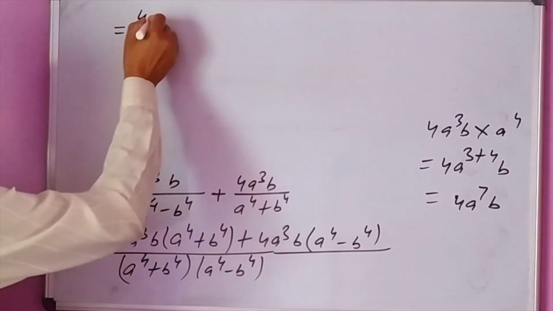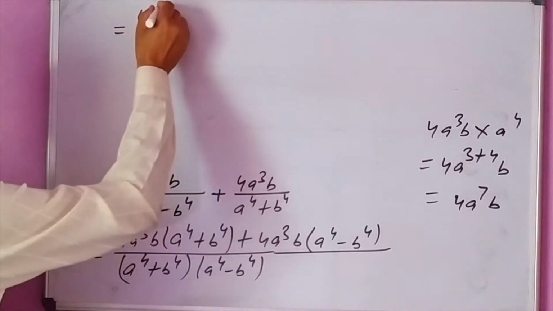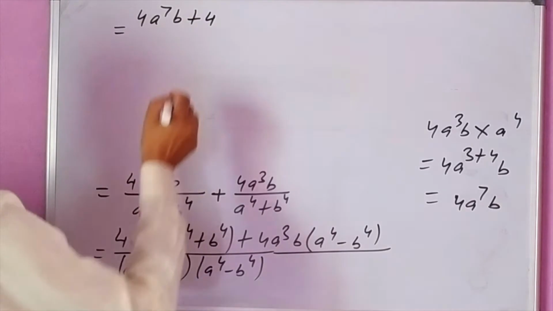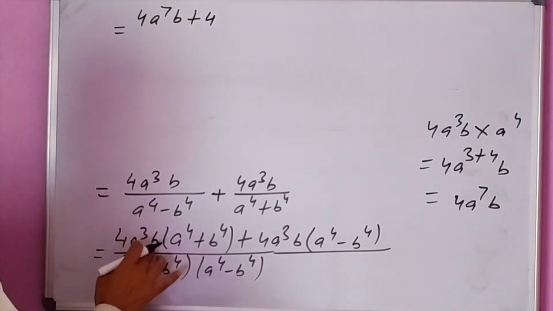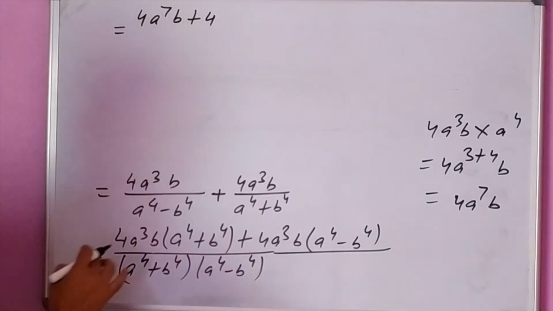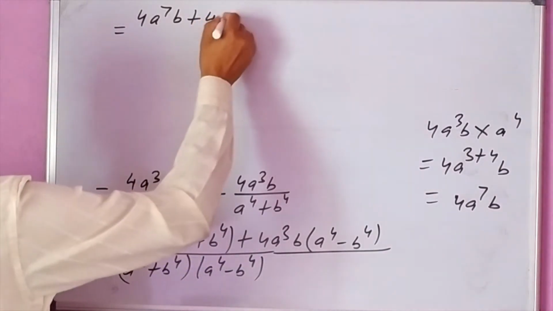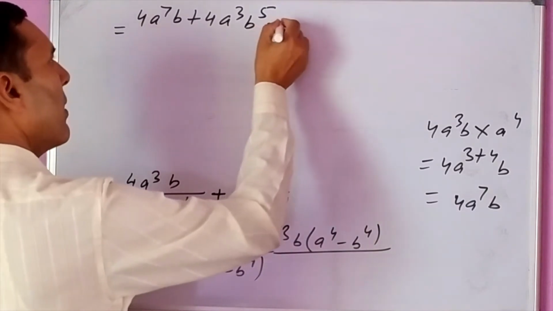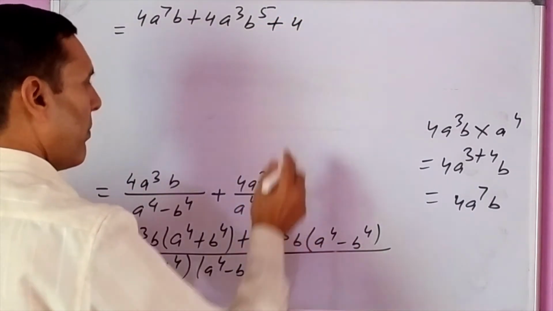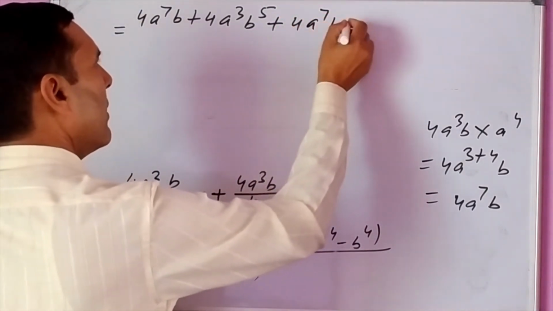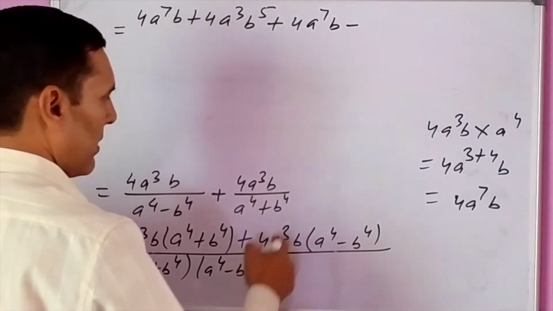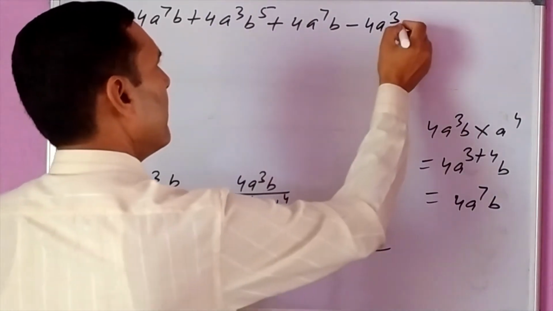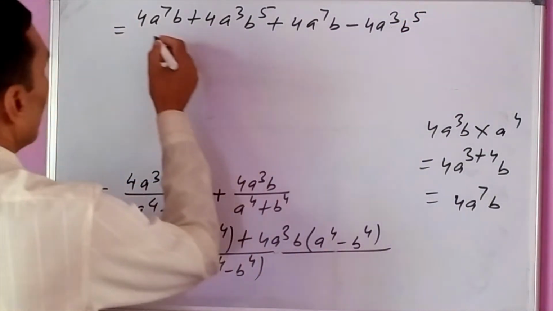So it is 4a power 7 b plus 4a cube b into b power 4, b power 5, a cube b power 5. Here also 4a power 7 b, minus plus minus minus 4a cube b power 5 upon,